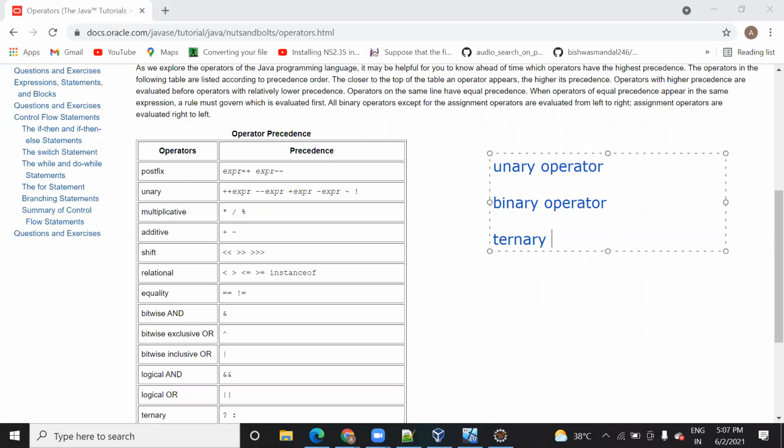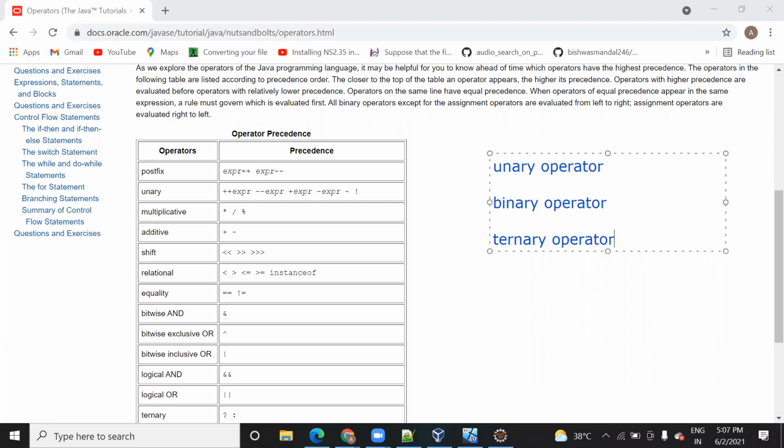Do you have any idea about it? Anything you have heard? Yeah, I know. Okay, you have worked on assembly, then you might be aware. A unary operator works on a single variable. Binary works on two variables, and ternary works on three variables.